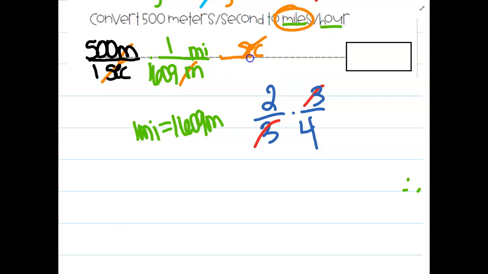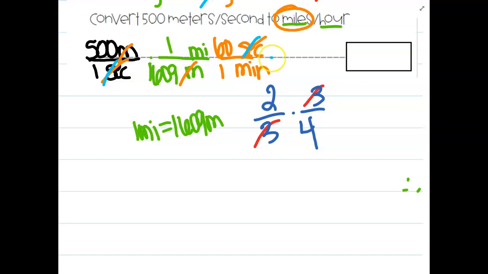Look, that's the only way those are going to cancel out. And we said we wanted to go from seconds to minutes. And we know there's 60 seconds in a minute. So 60 seconds in 1 minute. See how the seconds cancel out? So if I were to multiply this, notice the units I haven't crossed out yet are miles per minute. Great, but I want miles per hour. So this minute, see how it's on the